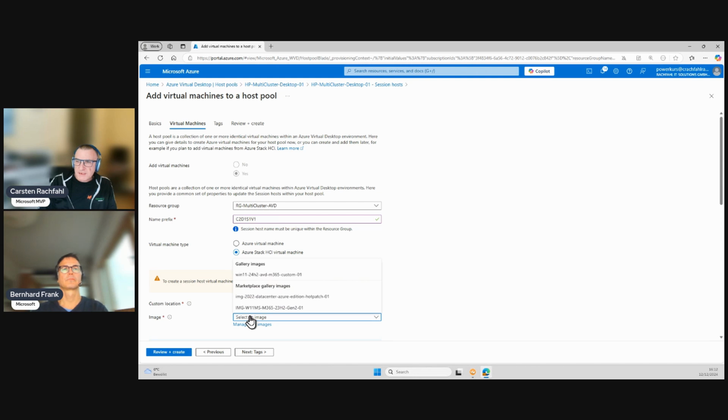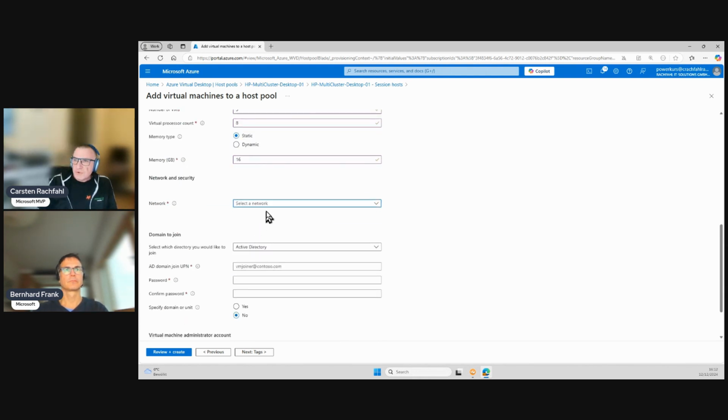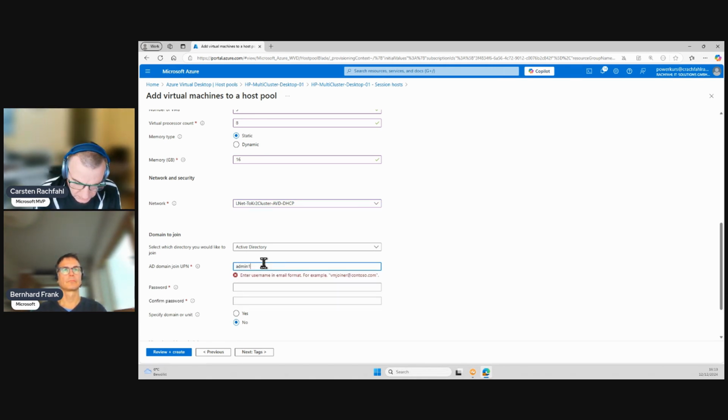And now I select an image that we have on the cluster. And here is our custom image that we deployed in the other nodes. I take the same one, and now I have to specify some information: how many VMs, how many virtual processors, how much memory, and what network the machine should use here. This depends on the cluster. We have it here. And we want our machines to join the domain. So I will use,